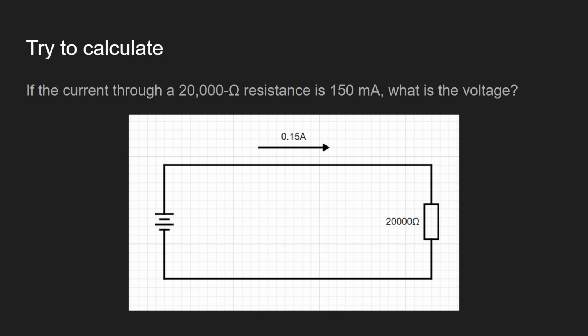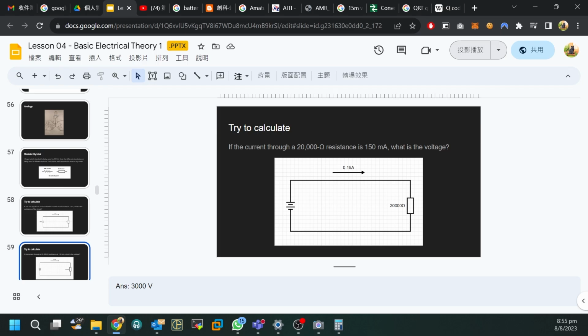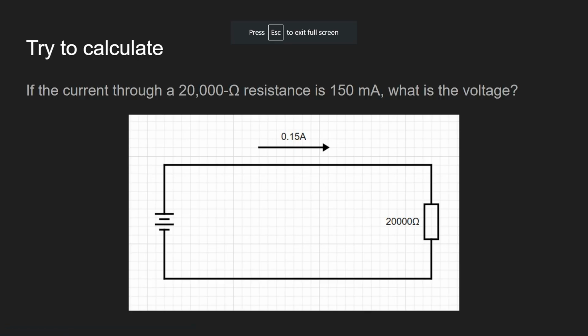Then we can just say that 0.15 times 20,000 equals, what is the result? I got my cheat sheet here. This is 3,000. Am I correct? 0.15 times... Yes, it's 3,000 V. So you have to